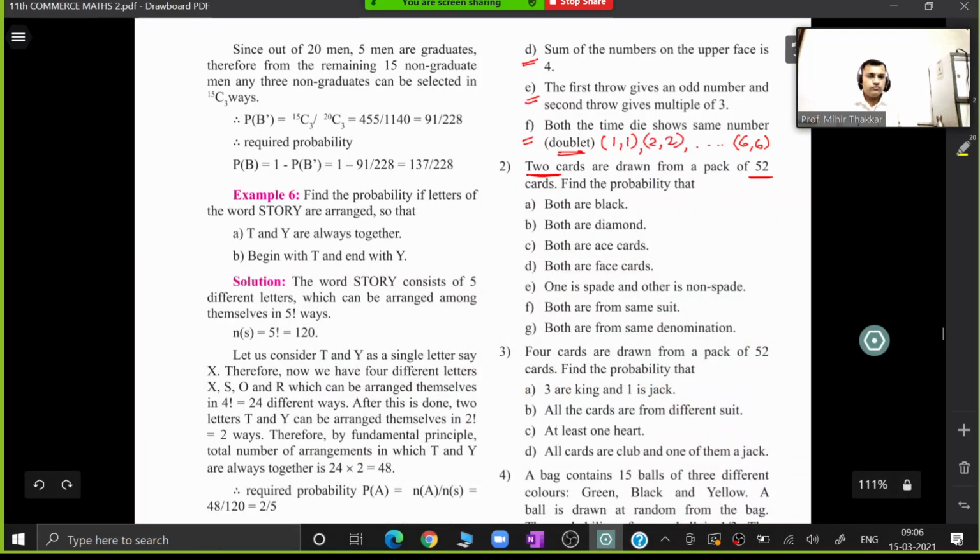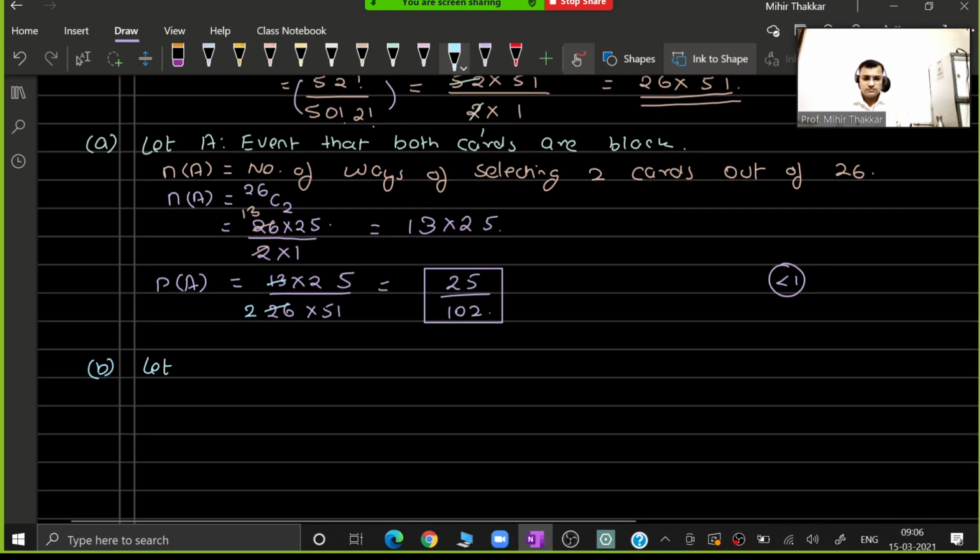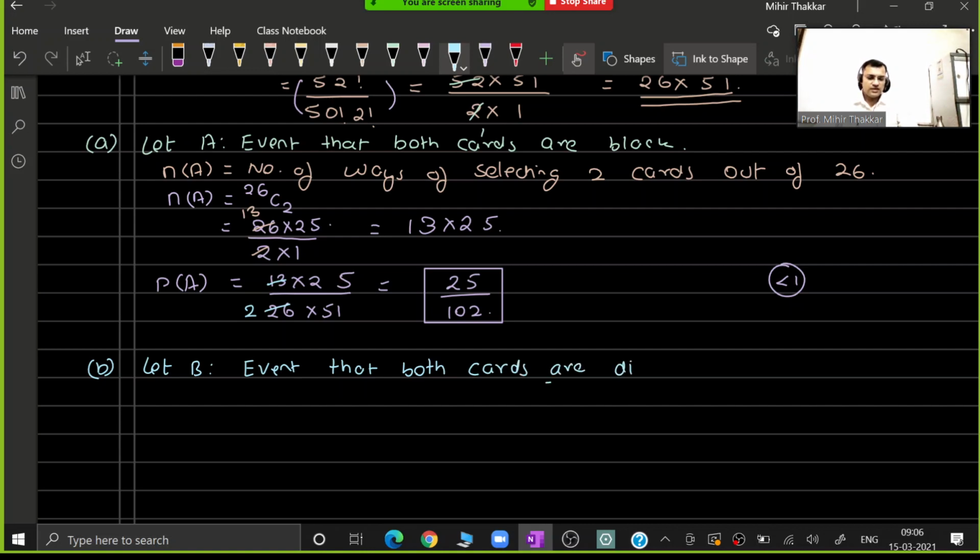It says that both are diamond cards. Now when I want both the diamond cards, we know that there are 13 diamond cards. So let us define over here B denote event that both cards are diamonds. So I will get over here n of B is